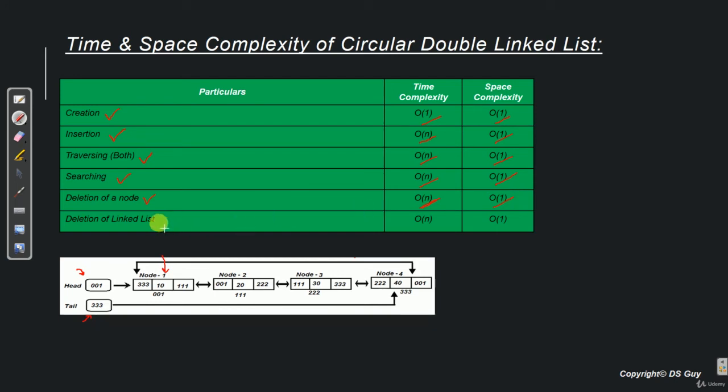Now the last operation was deletion of a linked list. So deletion of linked list took order of n time because we have to make sure that the previous reference of each and every node has been set to null, else the nodes will never get deleted. So to traverse each and every node and then update the previous reference of them will take order of n time. Space complexity again will be order of 1 because all that we are doing is using some temporary variables,